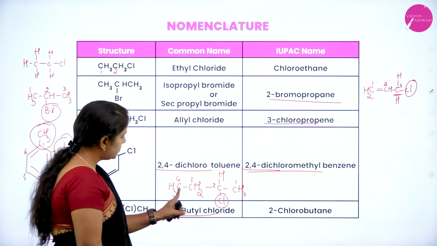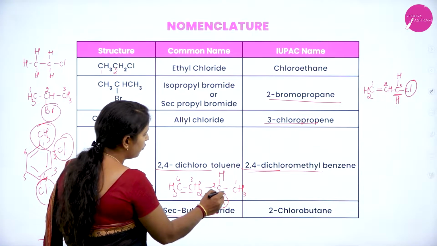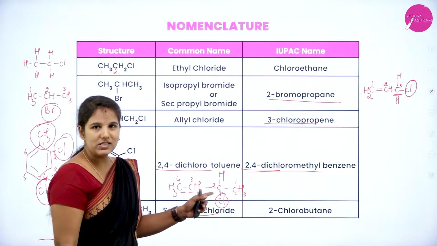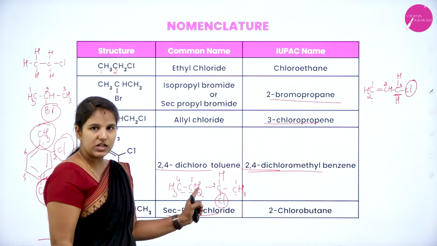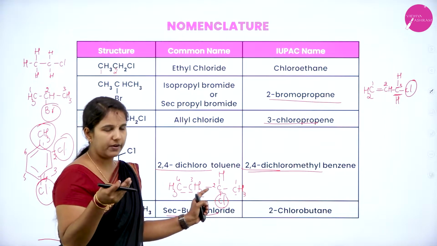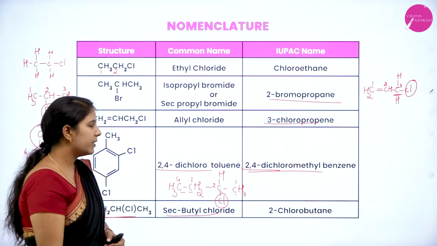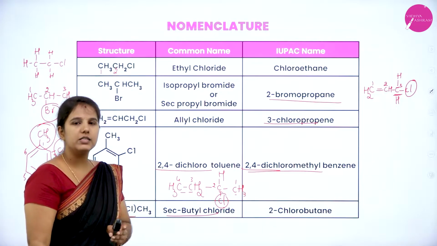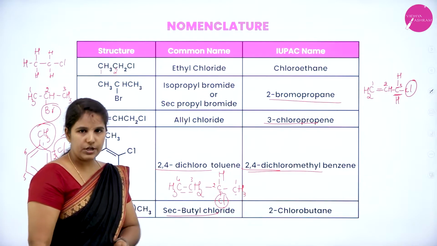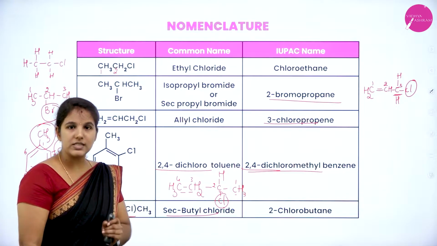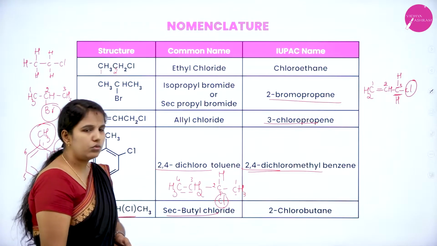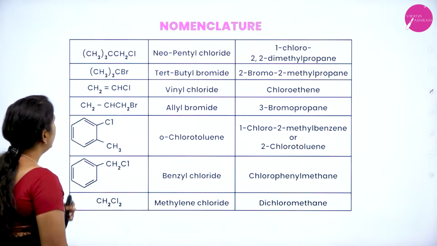2-chlorobutane. Why is it butane? You can count that there are 4 carbon atoms. So, since it consists of 4 carbon atoms, we have to use the prefix called butane. And you can see that all the carbon atoms have a single bond between them. Hence, it is a butane, and the substituent group is chloro, which has been attached to the second carbon atom. Hence, it is 2-chlorobutane. Next, we have